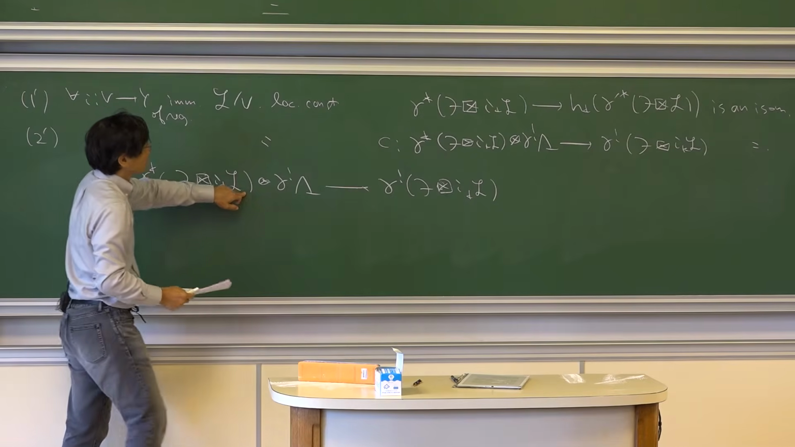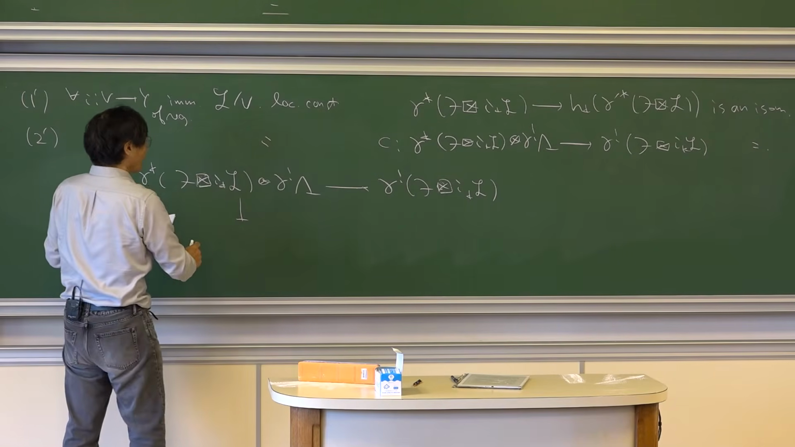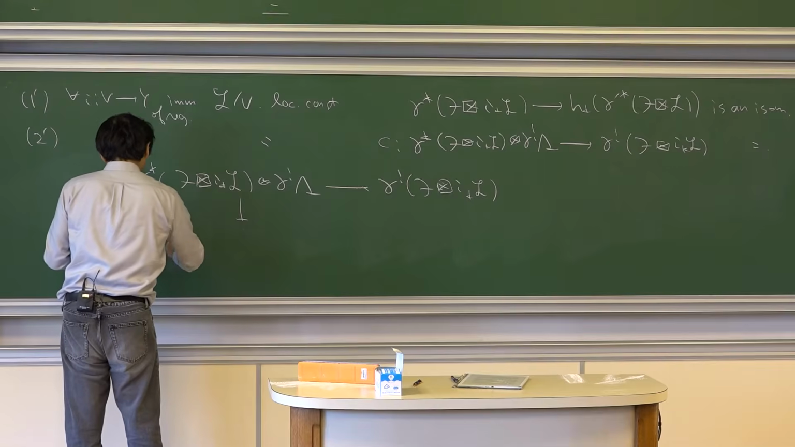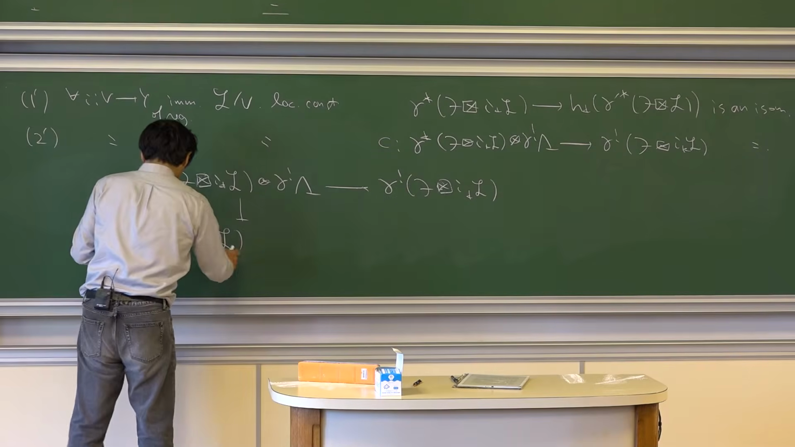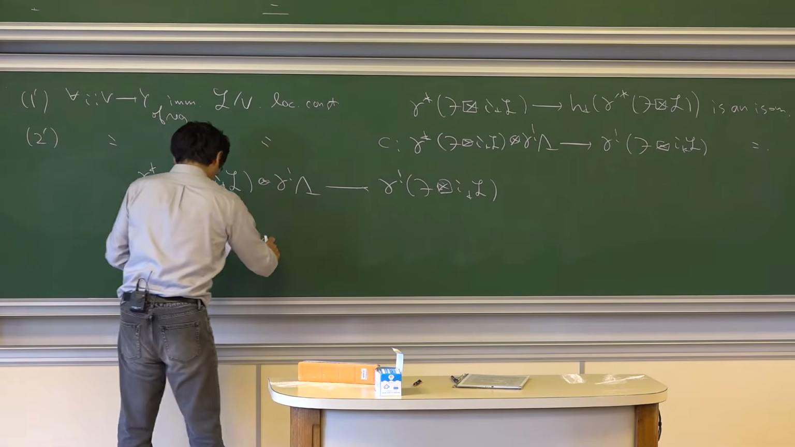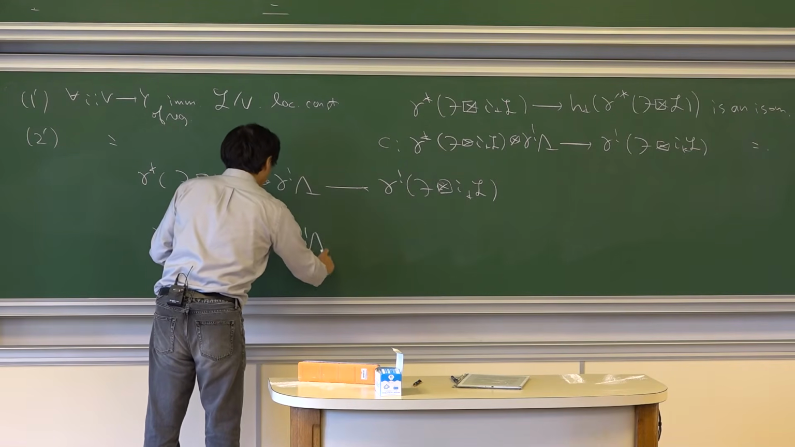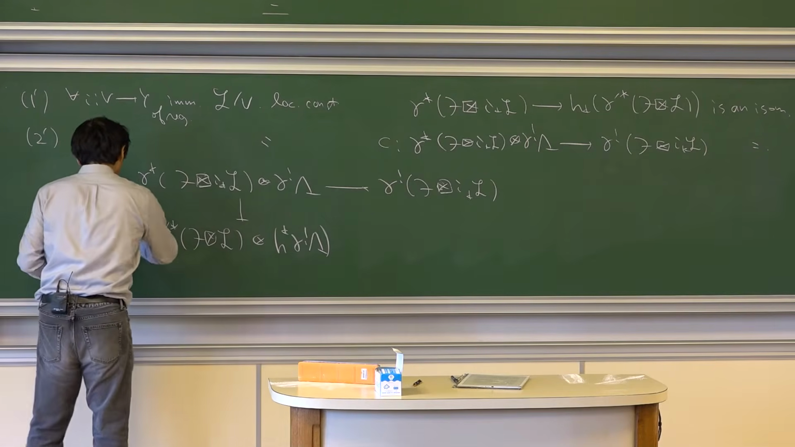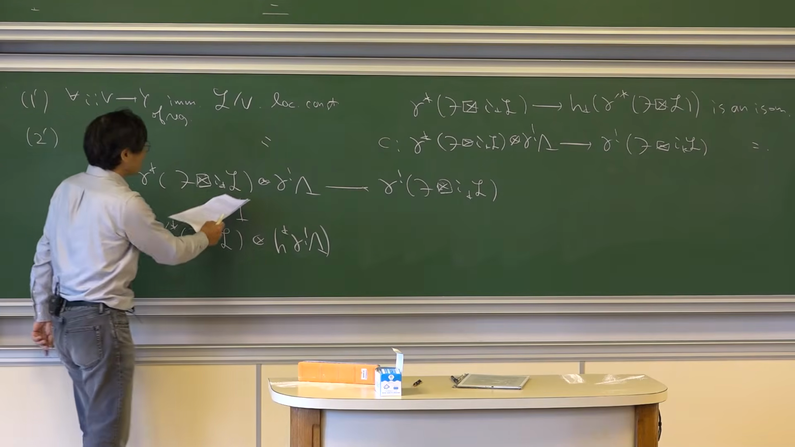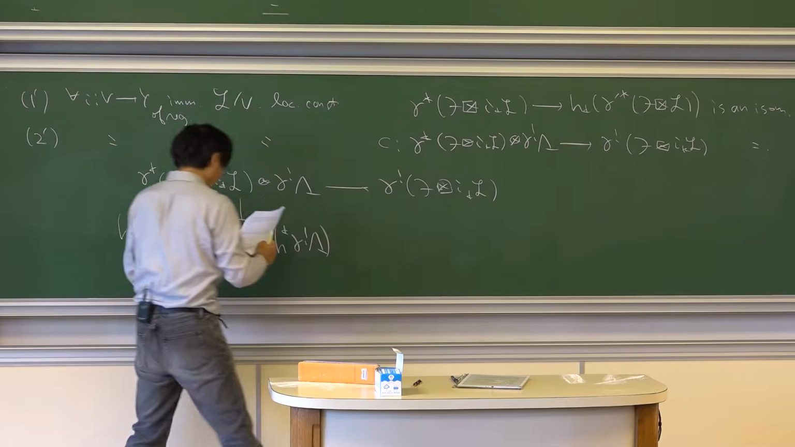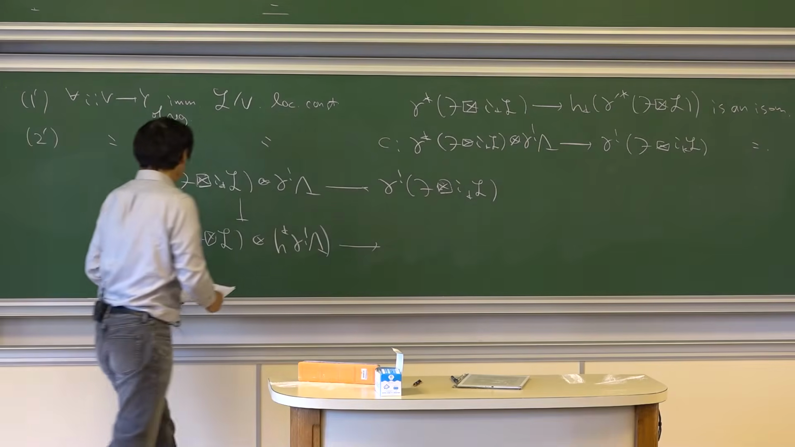And here we have this one. So I'm going to take this one, but with tensor with pullback of that one, and take direct image. So this is almost a twist of this. And then from here to there,